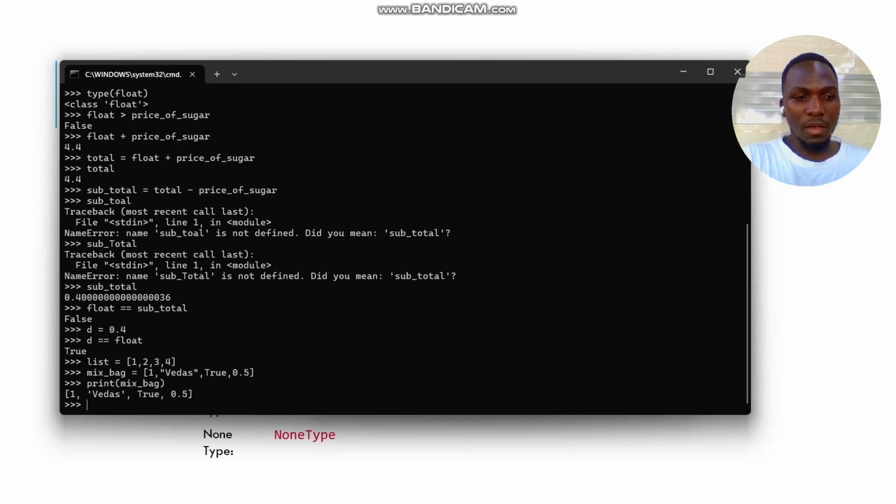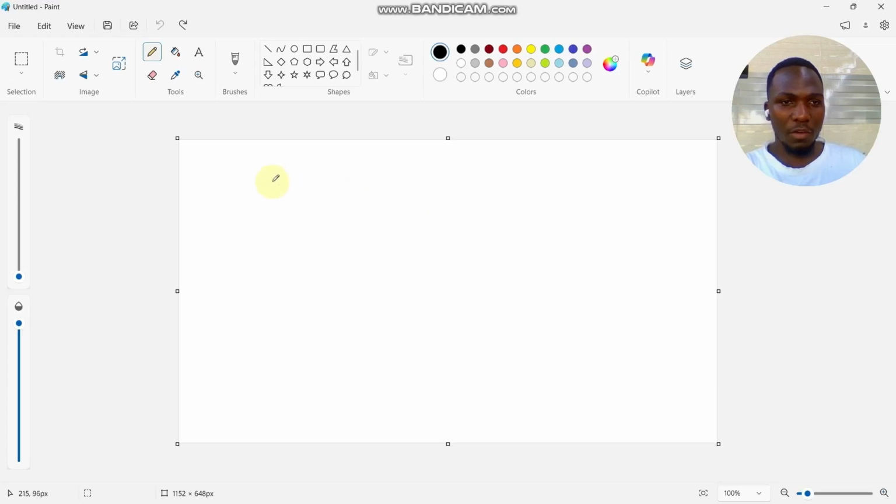In this case, index in a Python list starts with 0. So in this case, 1 is on position 0, Vedas is on position 1, true is on position 2, and 0.5, which is a half, is on position 3. To prove this, for instance, we should have a list called A